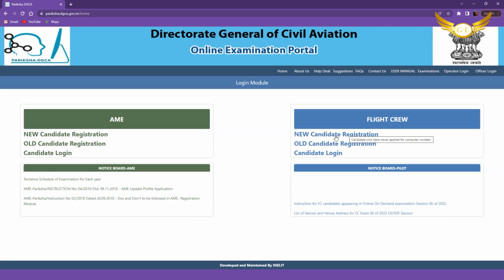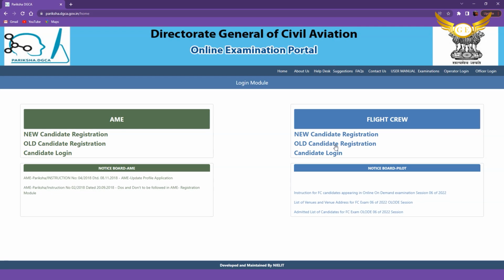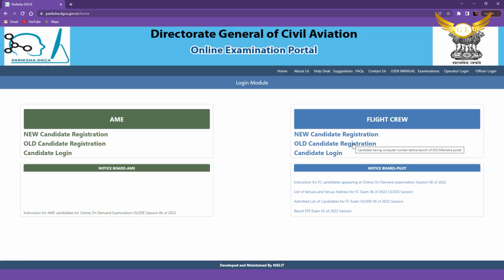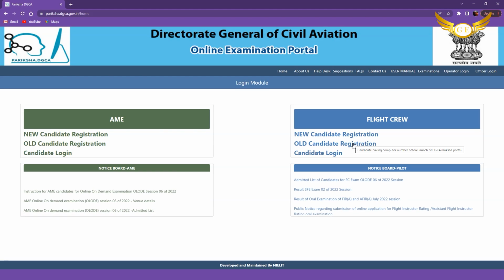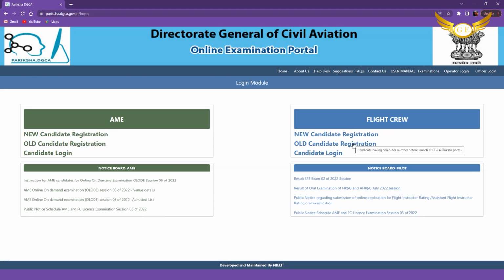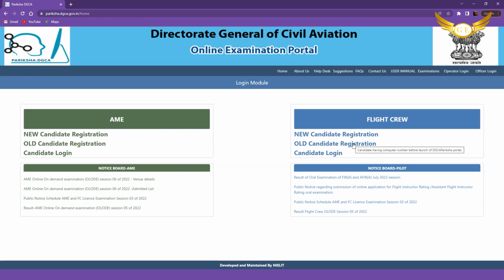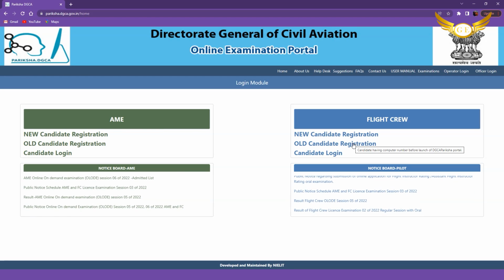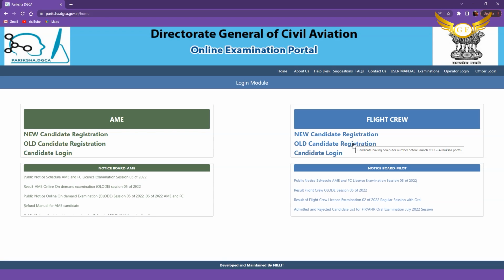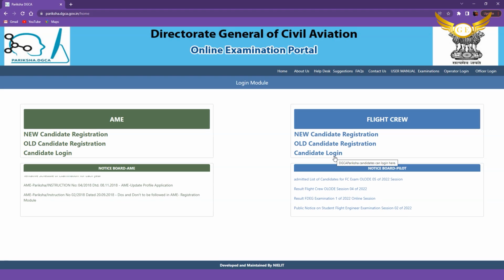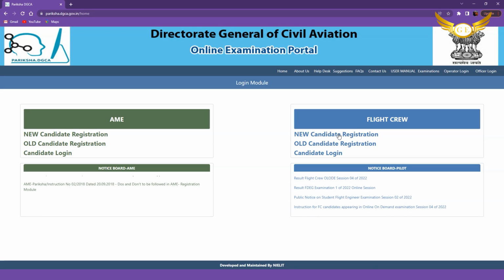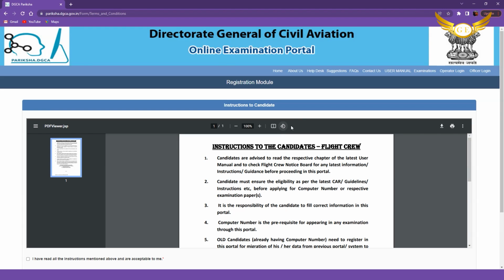The old candidates can log in with the old candidate registration, and basically old candidate is for those people who have had the computer number for a long time but have not registered on the Pariksha portal. So in case you want to update all your details on the Pariksha portal, you can register through old candidate registration. Now before we begin with the registration, we will click on new candidate registration, and as you